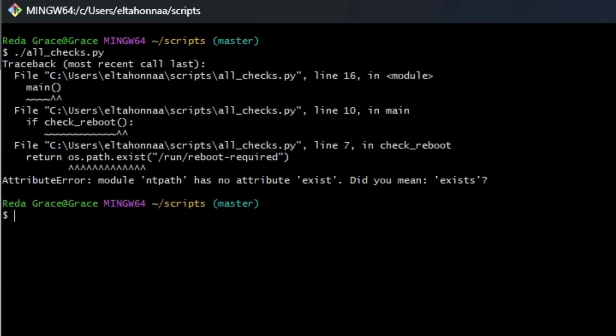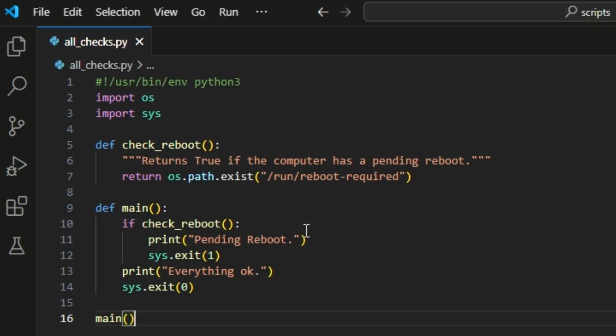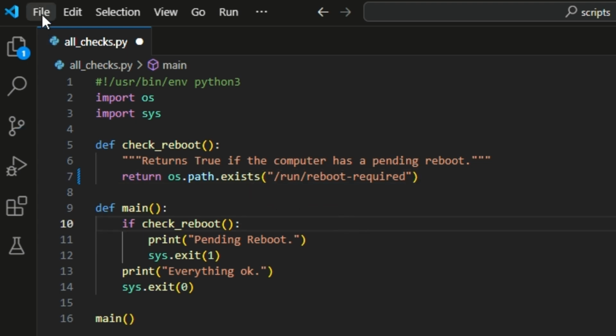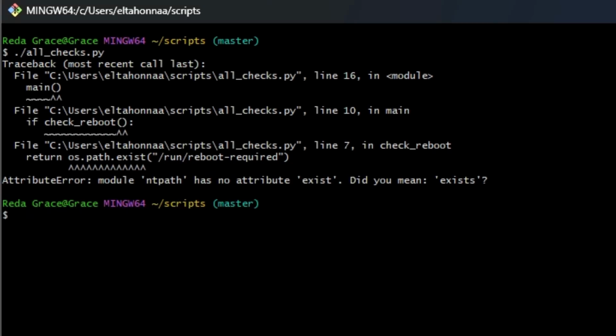Looks like we have a typo. Let's go back and fix it. Done and done. With that, we've demonstrated how we can use git checkout to revert changes to modify files before